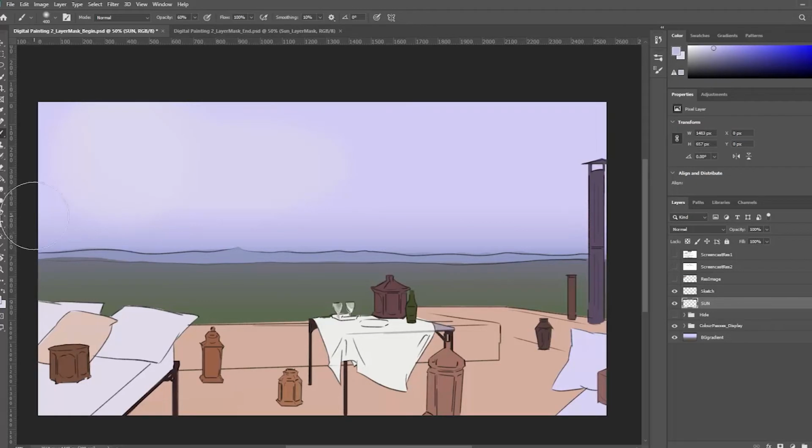And then we have the surrounding dark blue. Don't be afraid to paint outside of the sky into your background, foreground a bit even. Because now we're considering the atmosphere. And atmosphere gets everywhere. There's going to be a little bit of atmosphere on this lamp. There's going to be a lot of it on your mountains, a little bit